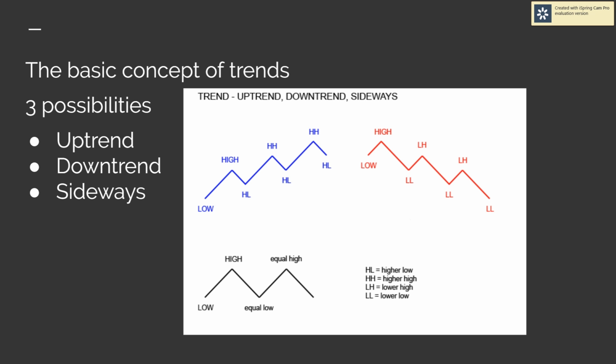So an uptrend consists of a high, a higher low, and higher highs. So it always makes higher lows and higher highs, higher lows, higher highs, and it keeps on doing that until the trend reverses. The trend reverses when it makes a lower low and a lower high. So when it tries to come up, makes a lower high, and it breaks down to a lower low, the trend is reversed. And now we are in a downtrend, and the trend will keep on continuing until it reverses. And the thing is, trends can reverse all the time, depending on what time frame you look at. The shorter the time frame, the more it switches in a day.